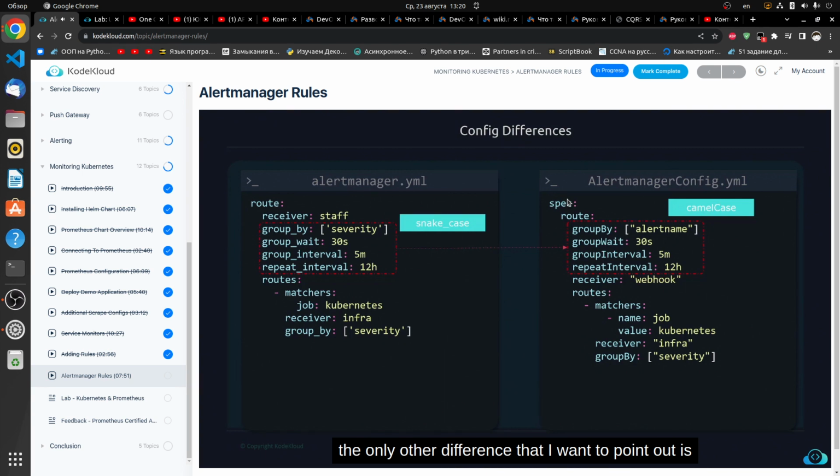And the only other difference that I want to point out is when you're setting up a matcher, let's say that you have a job label with the value of Kubernetes. When you move to the Alertmanager configuration on Kubernetes, the difference is going to be that instead of just specifying job Kubernetes as your label, you have to split it up so that you specify the name of the label